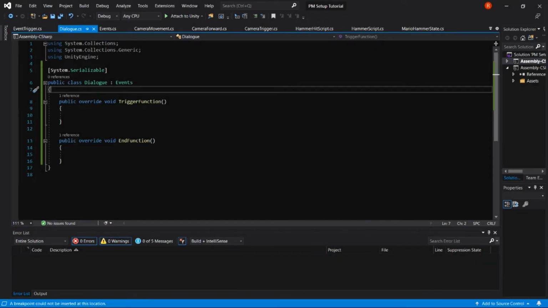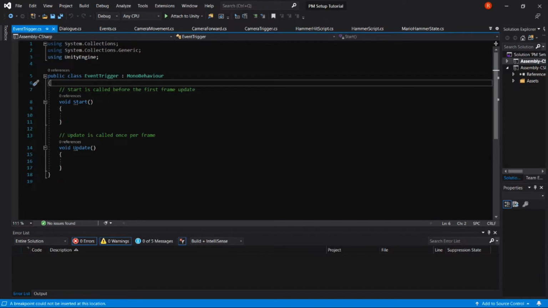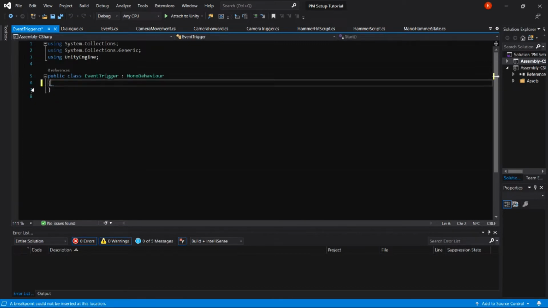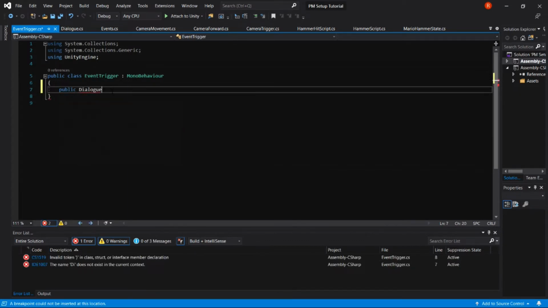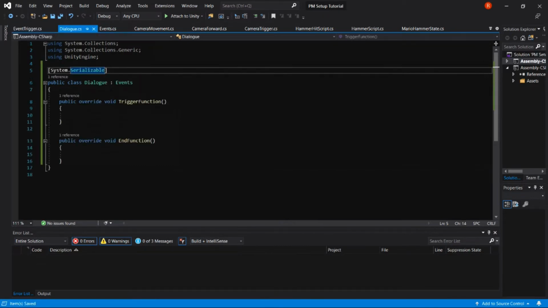And the reason that we put system.serializable here is because I've gone ahead and quickly opened up the event trigger script. We're going to need this variable anyway, so I'm just going to add it now. I'm going to say public Dialog. This is the class that we just created, Dialog. I'm going to call it dialog with the lowercase d. If I save this and I remove the system.serializable,